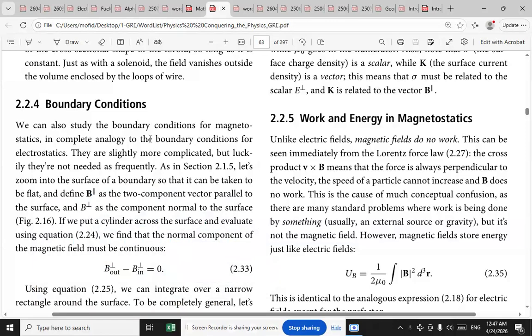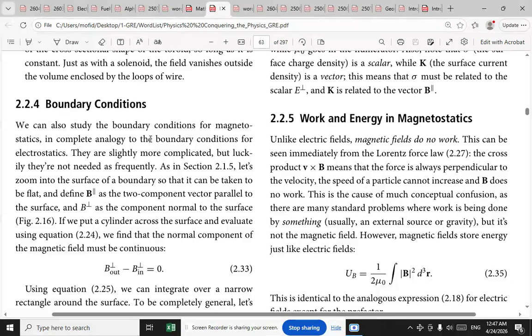We can also study the boundary conditions for magnetostatics in complete analogy to the boundary conditions for electrostatics. They are slightly more complicated, but luckily they are not needed as frequently as in section 2.1.5. Let's zoom into the surface of a boundary so that it can be taken to be flat, and define B parallel as the two component vector parallel to the surface and B perpendicular as the component normal to the surface,